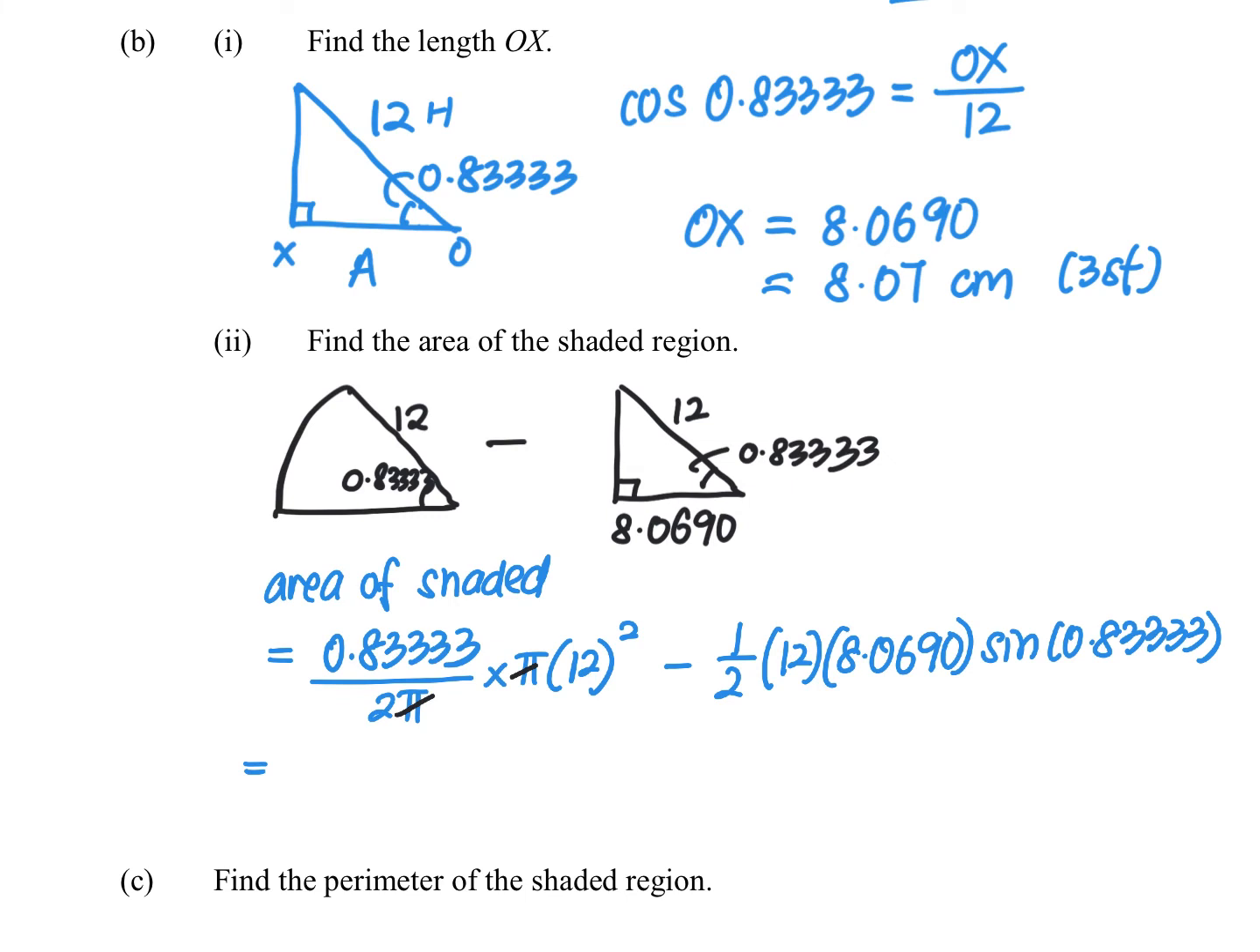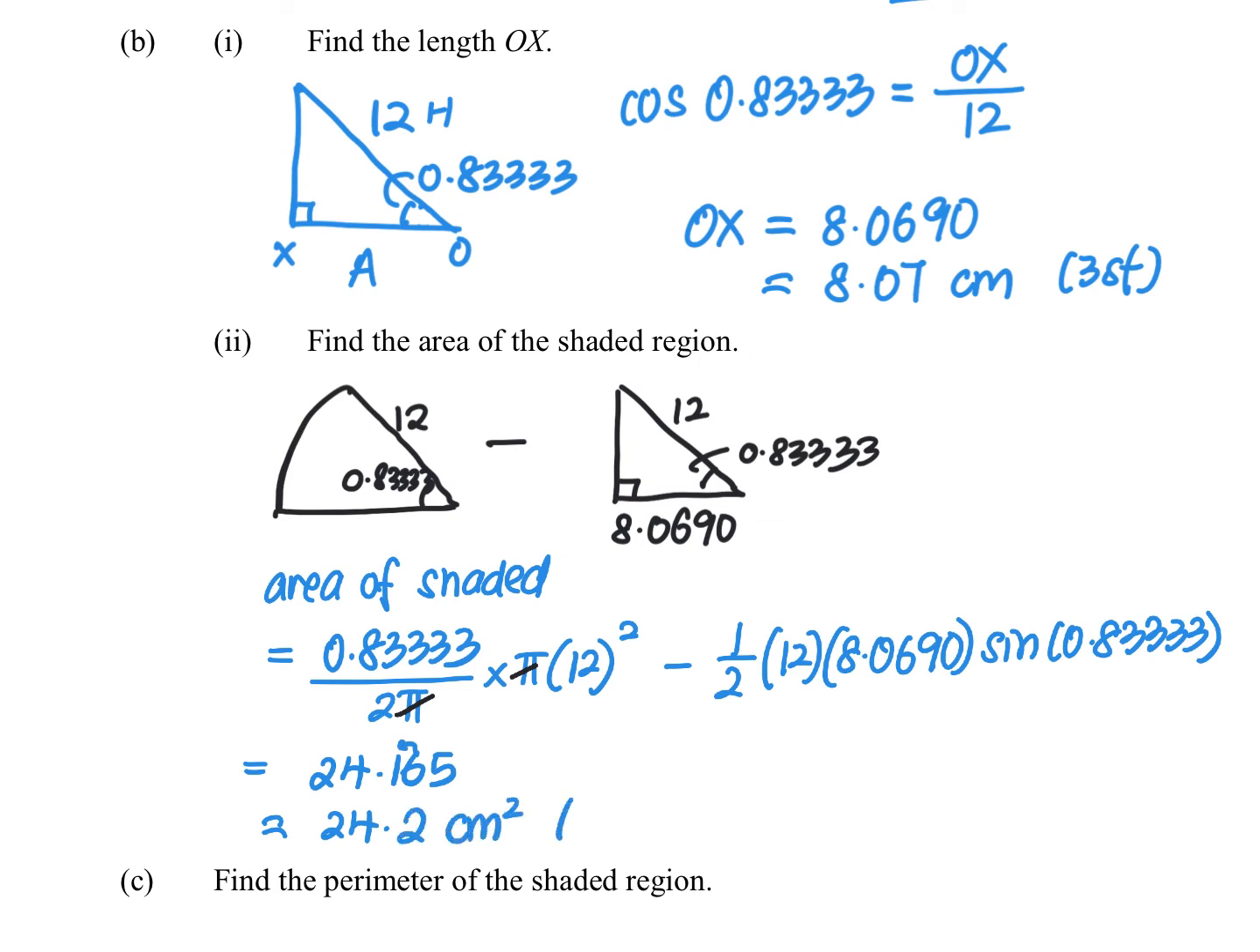And the answer is, make sure what you're doing now is in radian mode, because it involves sine. 0.83333 over 2 times 12 square minus 0.5 times 12 times 8.0690 times sine 0.83333. Alright. Okay, correct. Right, then we can get my answer 24.165, rounding off to 3 sig fig, 24.2